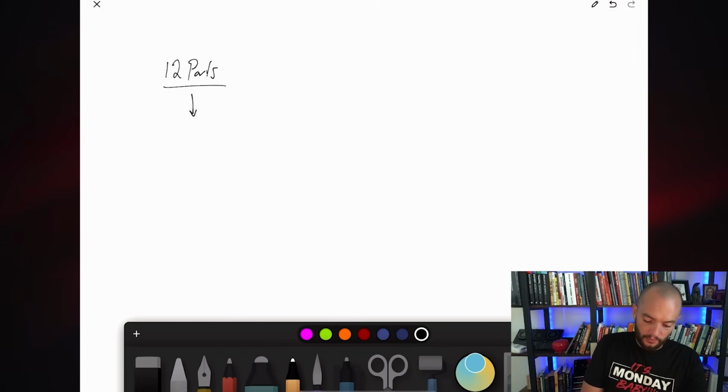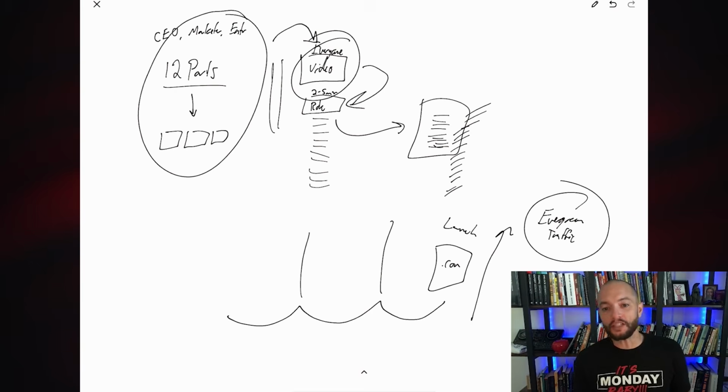And once these 12 parts are being executed and I have, frankly, a lot of research and clarity done, I like to draw it all out. You can launch your way